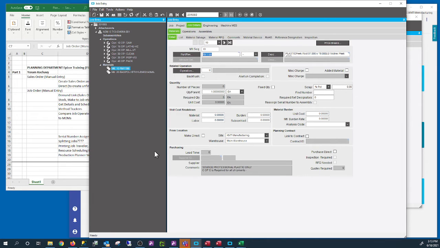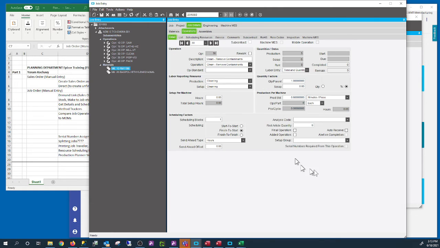Questions? So I just wanted to go through the 3 steps in creating a job. You do a new job, so you get a new job number. Then you create a demand link, and the third one is you do get details. That's the 3 basics of creating a job. There are 3 steps in it.